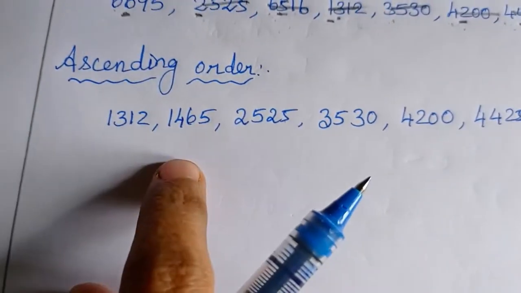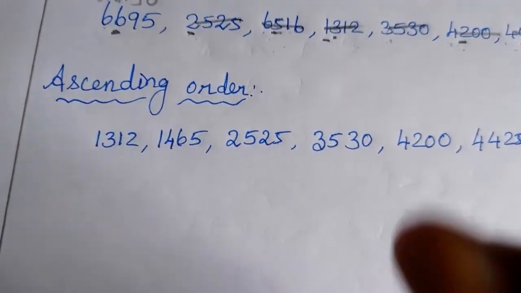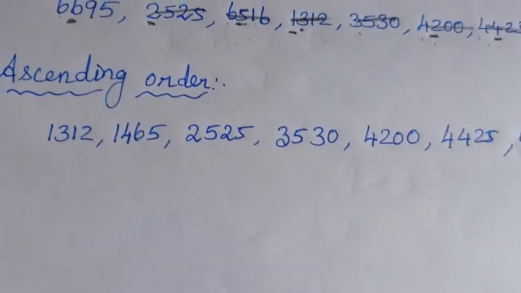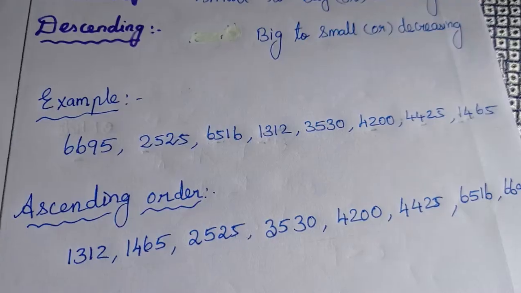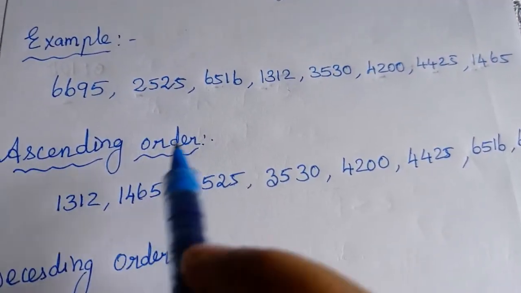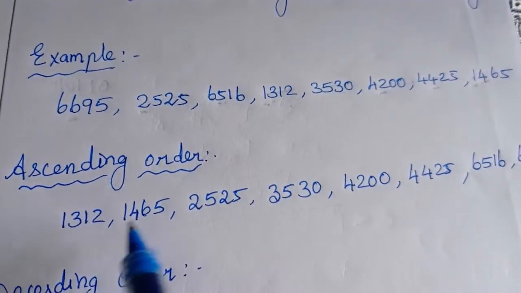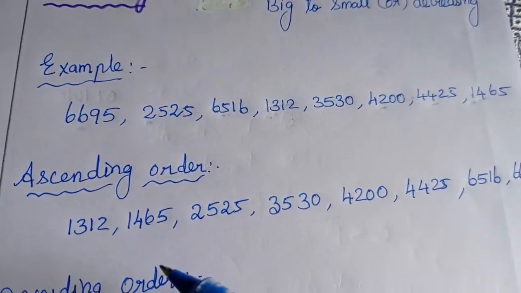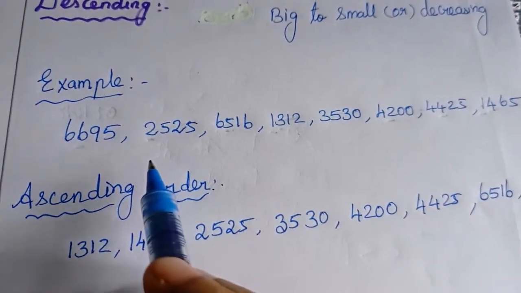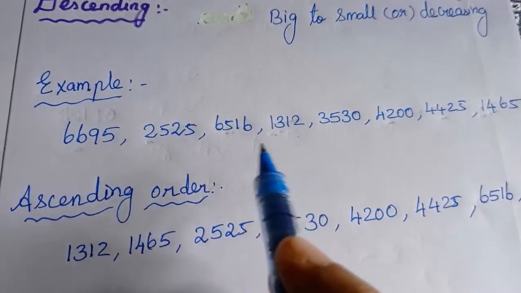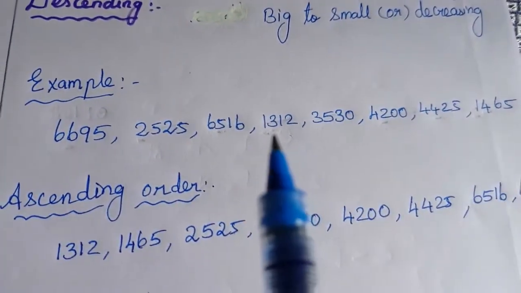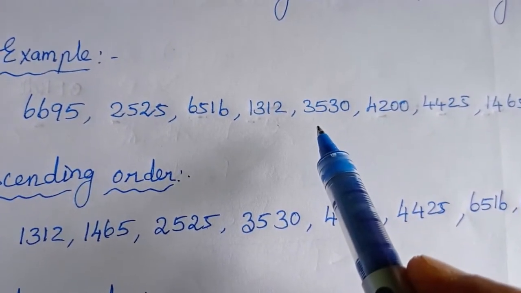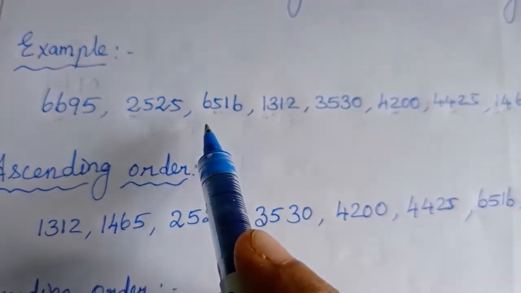Okay children, the ascending order means arrange the numbers from small to big. Now let's form the descending order. In ascending order we found the small number to big, but in descending we have to first find the bigger number. So what do you want to do first? Yeah, check their digit values. All the numbers have the same digits, so what do you want to do next? Yeah, check their place values.